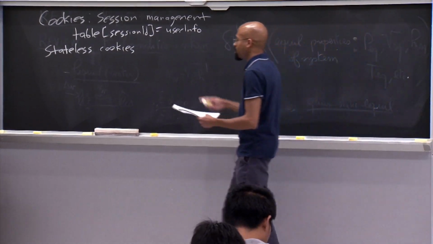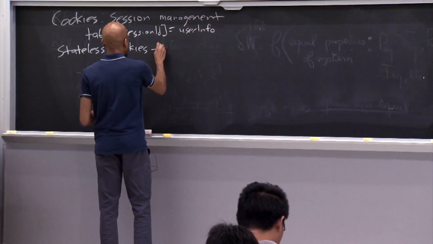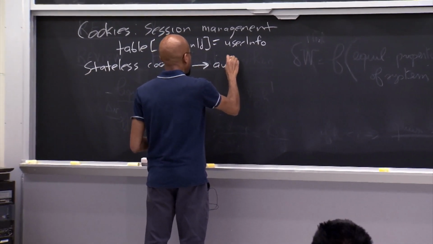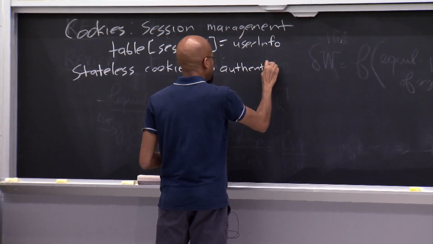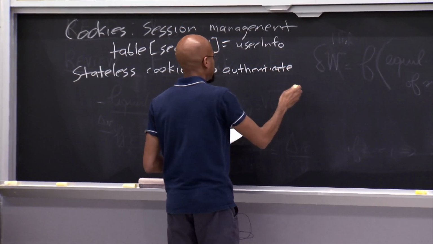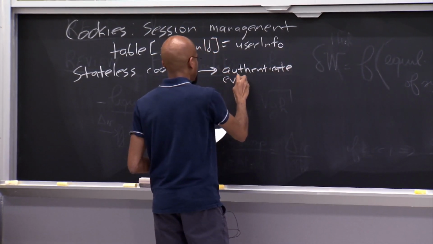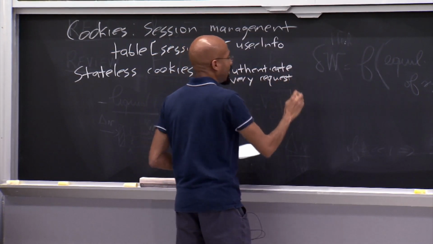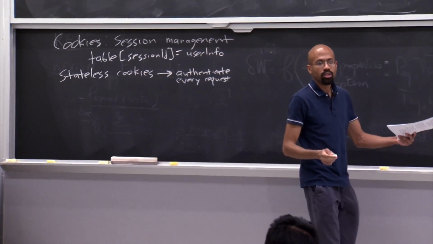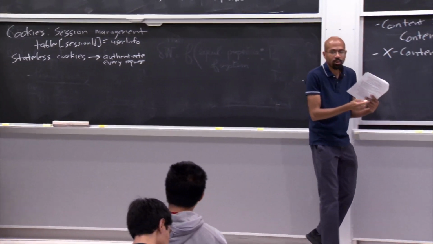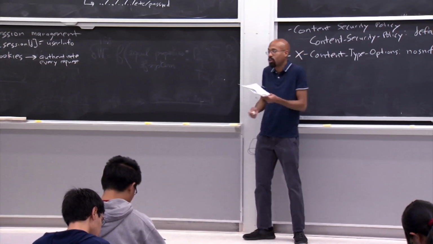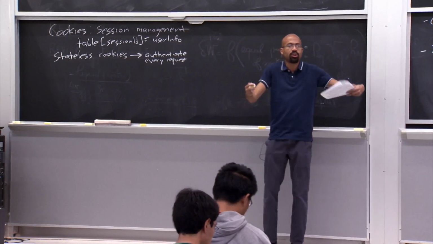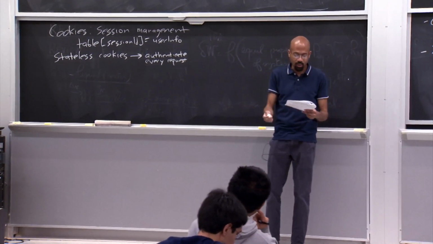So the basic idea here is that if you want to go stateless, then this essentially means you have to authenticate every request. Right? Because the nice thing about cookies is that they basically follow you wherever you go. So you authenticate once, and then every subsequent request you make has this little token in it. But if you want to get rid of those things, well, then now you essentially have to have some proof of your authority in every request that you make.